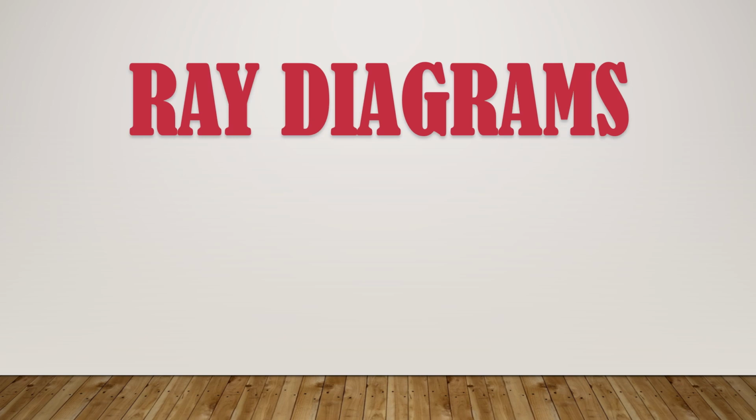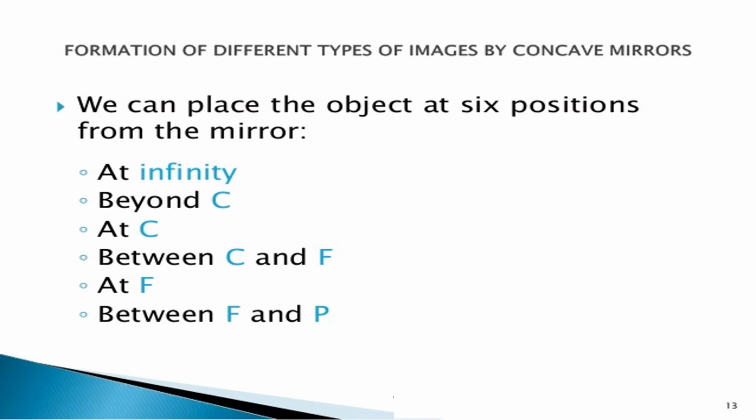The third rule, if the incident ray is going through the center of curvature, reflected ray will superimpose the incident ray, means it also comes back through the center of curvature. So let us see these ray diagrams to understand the image formation, nature of image, size of image and the place of the image. So all those we'll see. First of all, we'll go for the concave mirror followed by the convex mirror.